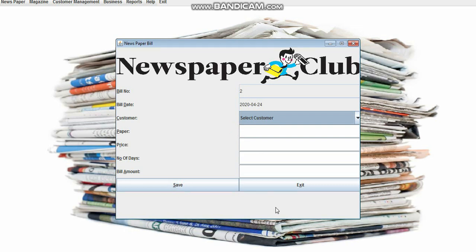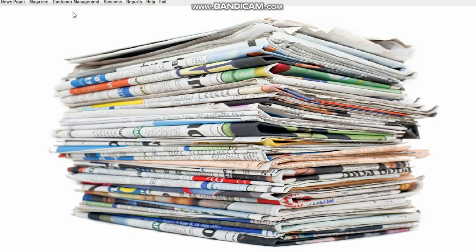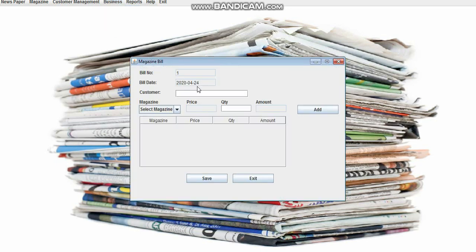And when you hit save, it gets recorded successfully. And this is the same with the magazine. You enter the customer name, you select the magazine that he owns and the quantity that he has purchased, and you add it and just save the record for your bill.